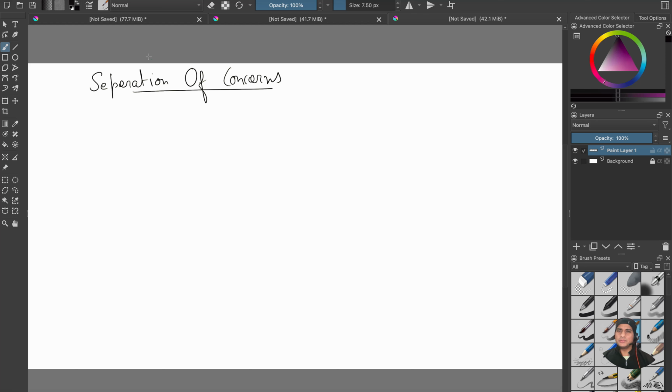From the name only you can suggest we are doing some kind of separation on the basis of concerns. That's the actual idea behind this pattern. What we mean by that is basically we divide a system on the basis of what are the responsibilities, what are the aspects it has to perform. So the basic definition of it is dividing